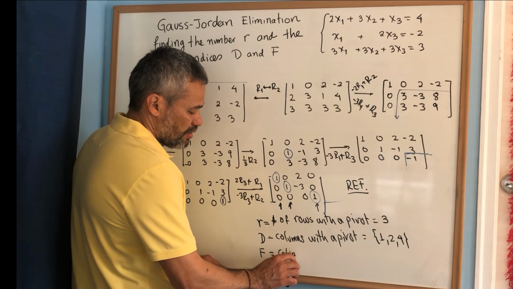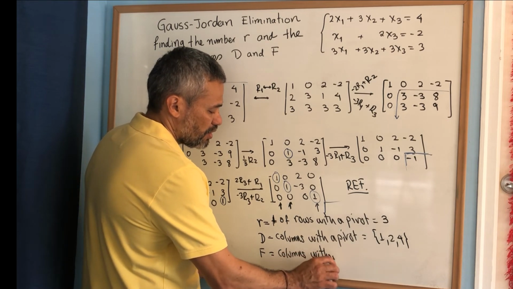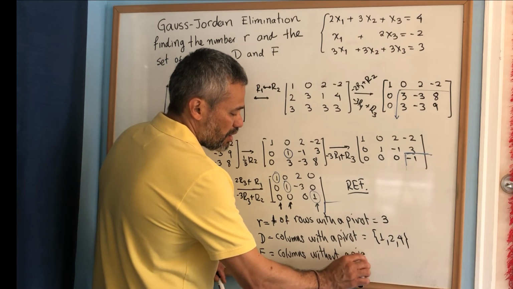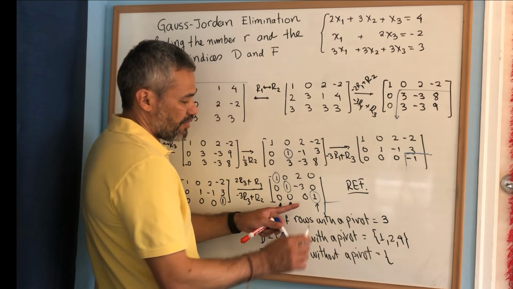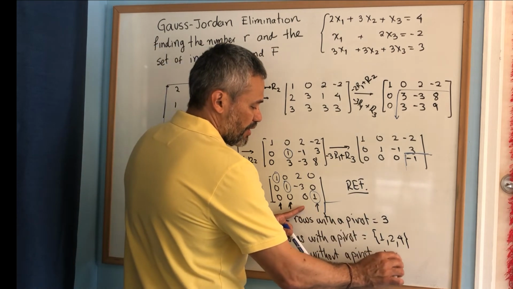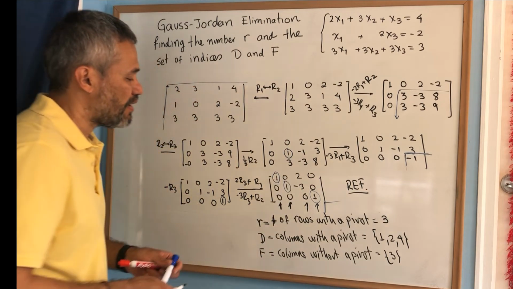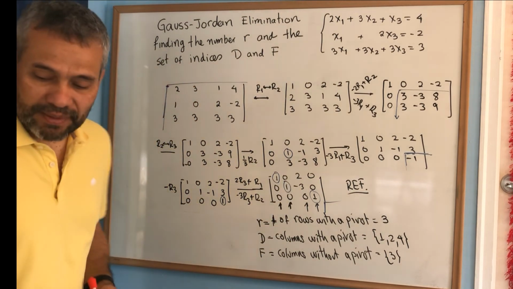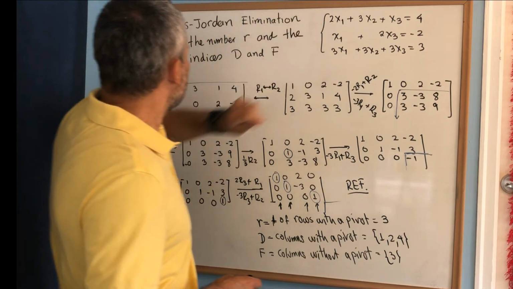is the set that takes care of the columns without a pivot. And in this case, this set is the set with the number 3, because only the third column doesn't have a pivot. Okay, in the case that we were interested in solving this system, we know that the